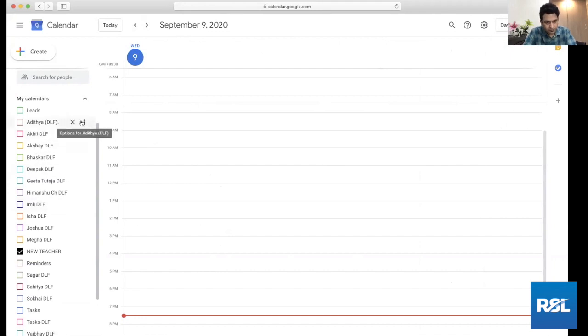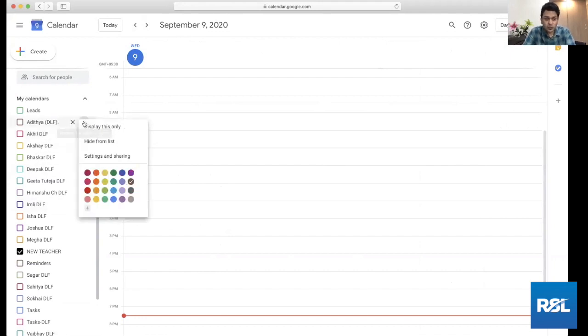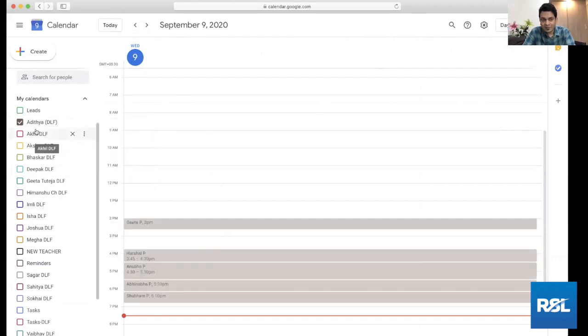So tip here is that you can choose to select or display only one calendar very easily by doing this, but there is no option to display multiple calendars in one click. The quickest way of doing it is click on the checkbox, not on the name, click on the checkbox once, and then you can use the down arrow and the space bar to subsequently activate the following calendars.